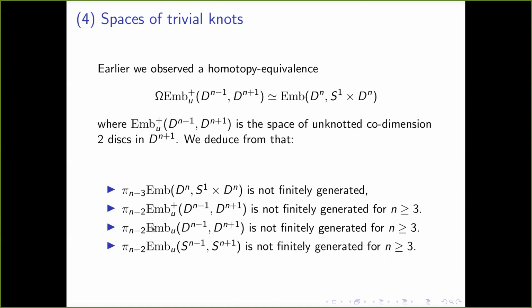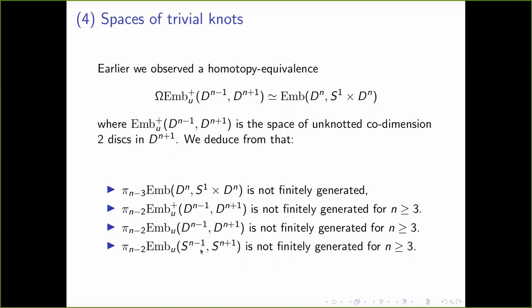And this embedding space, you can relate it to the embedding space of a codimension 2 unknotted sphere in an ambient sphere by a stereographic projection construction, which says that this space and this space basically differ, in a bundle sense, by a Stiefel manifold. So Stiefel manifolds have finitely generated homotopy groups. So since that's not finitely generated, this is not finitely generated. So what does that say? Codimension 2 unknotted embeddings of the 2-sphere in the 4-sphere, its fundamental group is